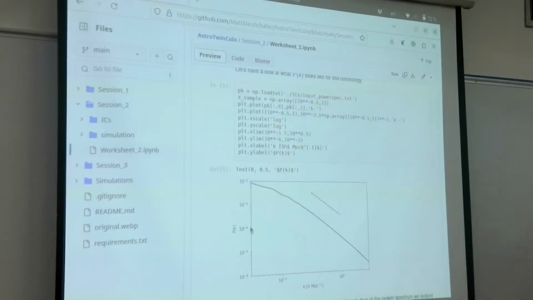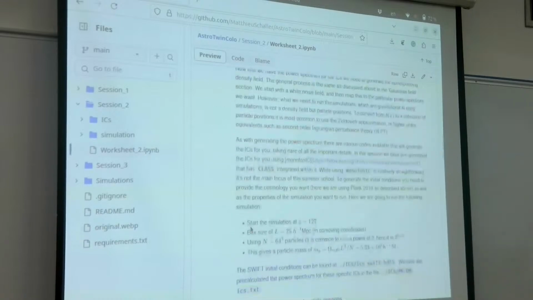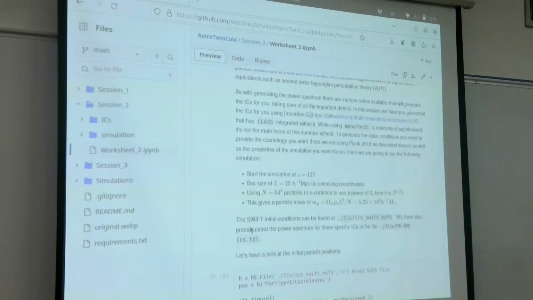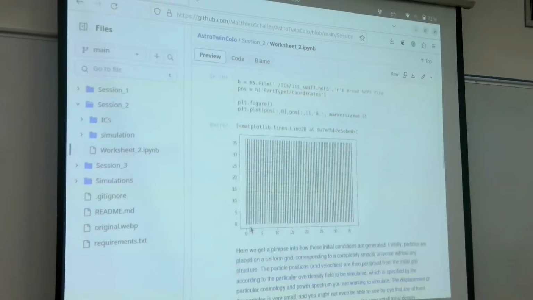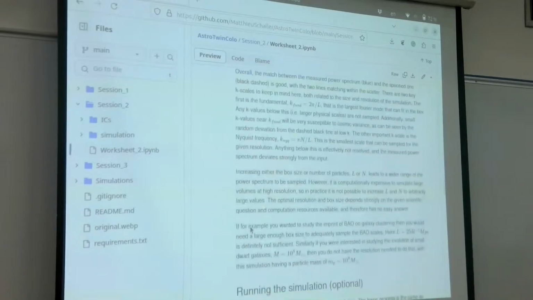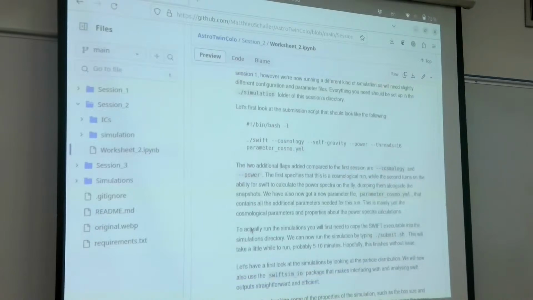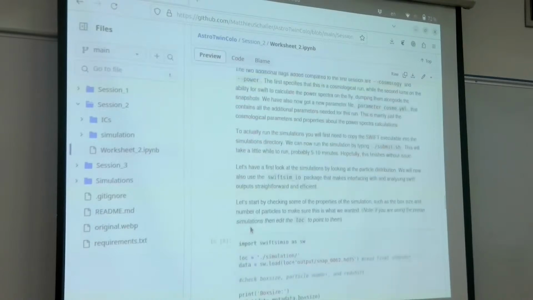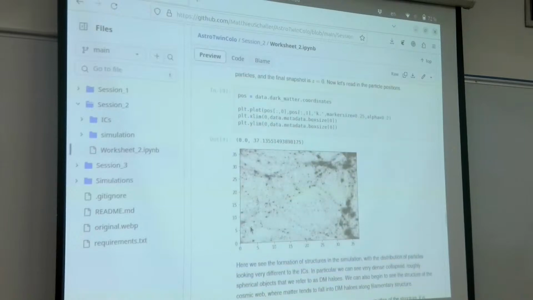Last night on my laptop, I think it took 15 to 20 minutes to run. I don't know how good these machines are, probably about the same. Then the code will produce files with power spectra, which we can look at to see how the matter power spectrum evolves, or we can use some of the scripts at the end. The text is very long, you can read through it and ask questions, of course. But the goal is that we're going to get some bit of universe that should look like that,